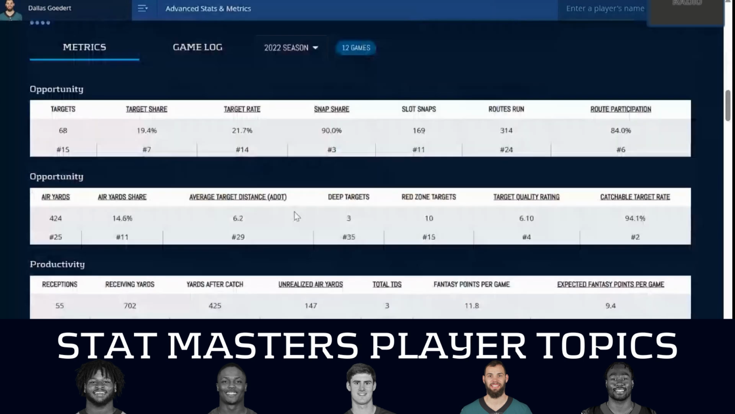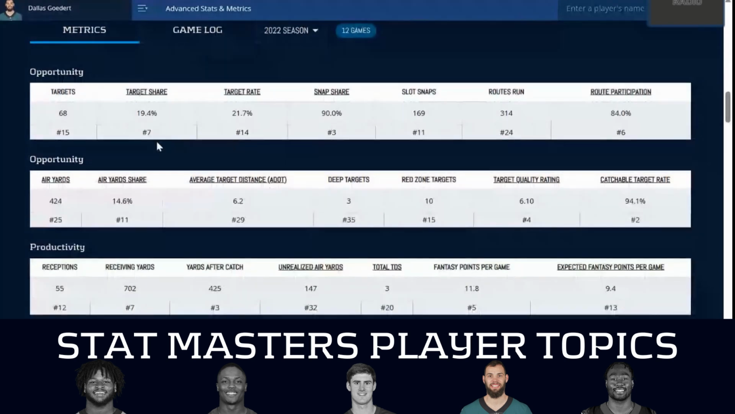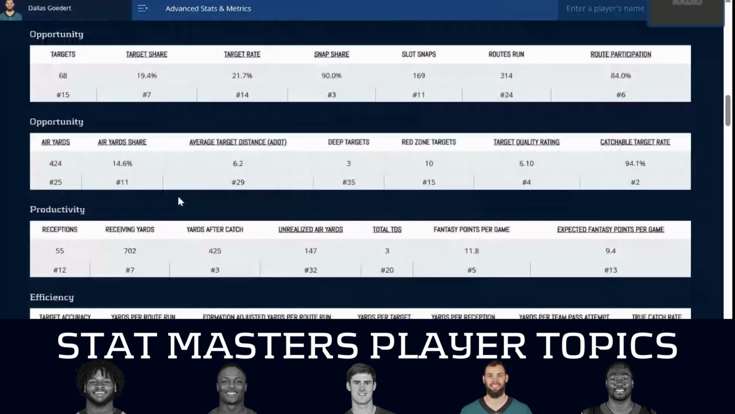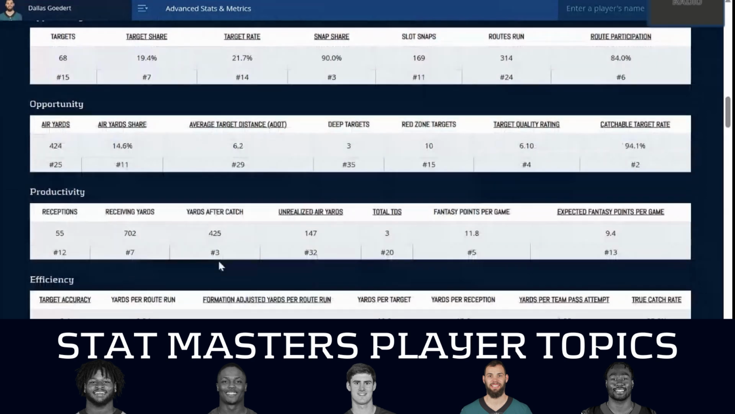I mean, last season, 3rd in snap share, near 20% target share. He was running a ton of routes. He had good air yards. He had good receiving yards. He had 425 yards after the catch. I mean, he's not Zach Ertz, right? He had 3 total touchdowns. That's a killer at tight end, especially in half PPR for a position that relies so heavily on touchdown scoring